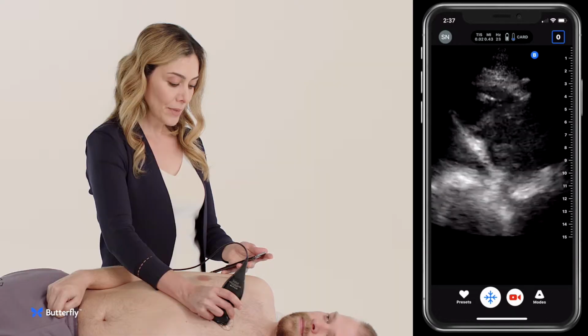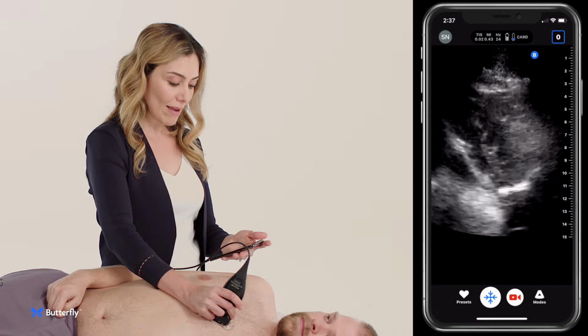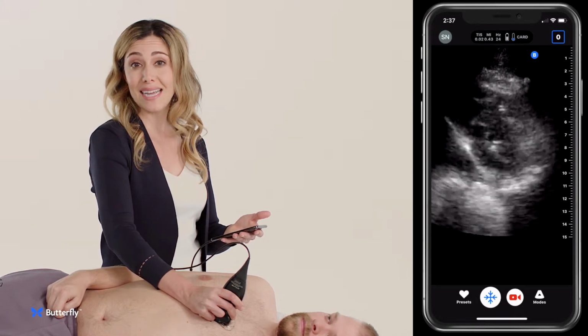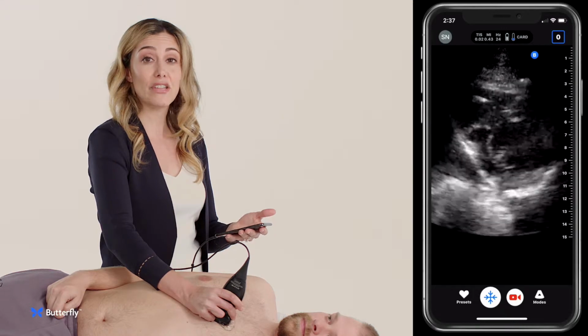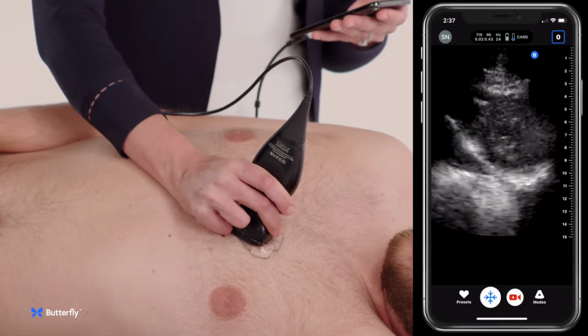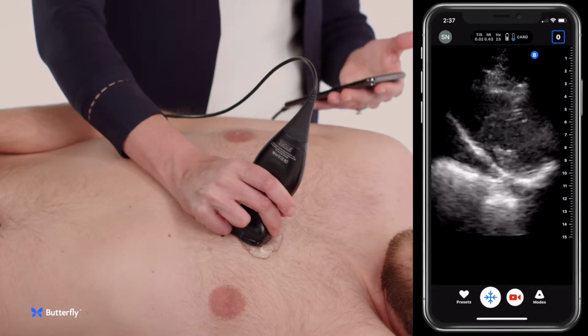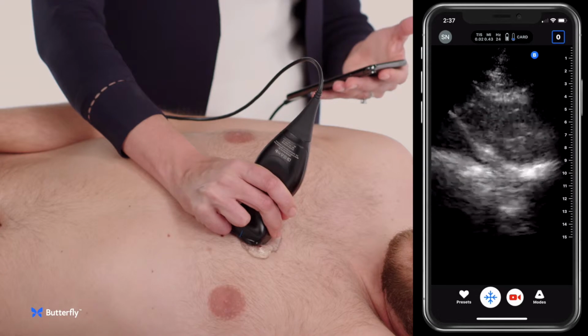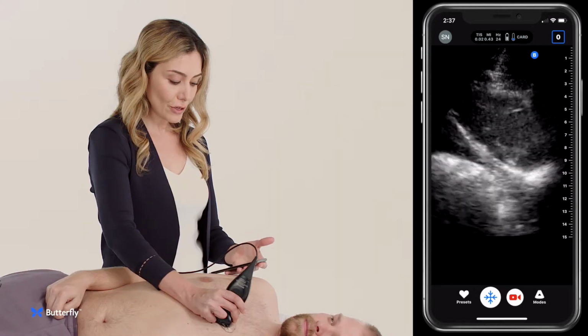of the LV. In addition, you're going to look at the right ventricle to make sure that the right ventricle doesn't look big and dilated, because cardiomyopathy can affect either the left or the right side. And from here, you're going to scan down even further, and you're going to want to look at the apex of the heart. And when you're at the apex, you're looking for contractility here as well, because certain patients who